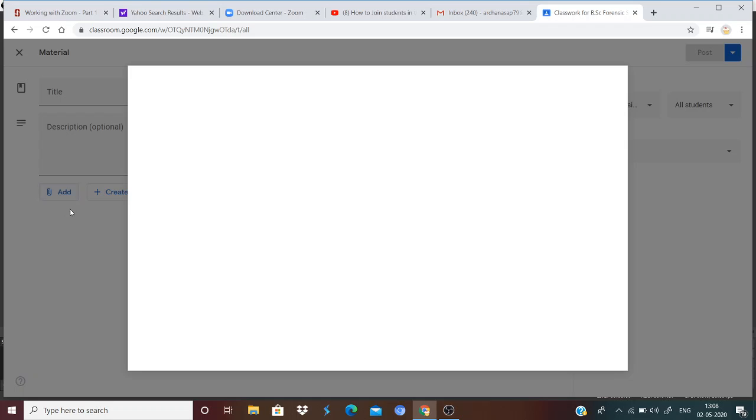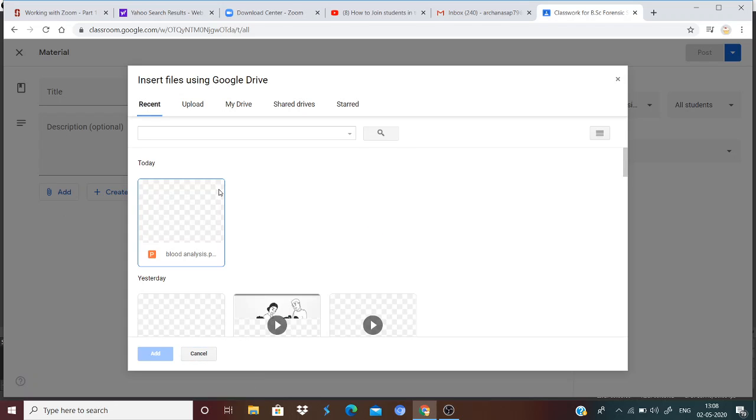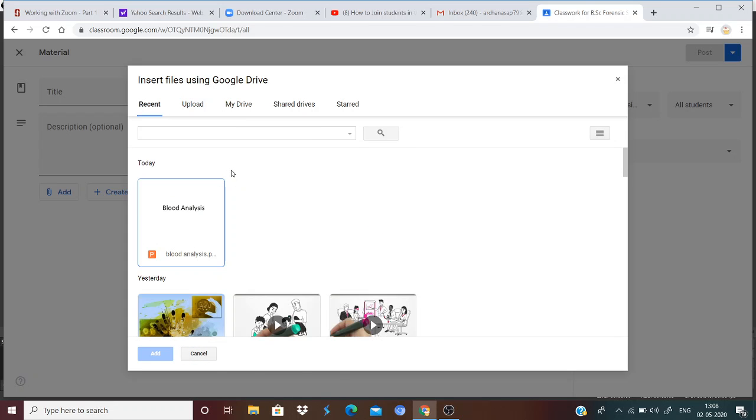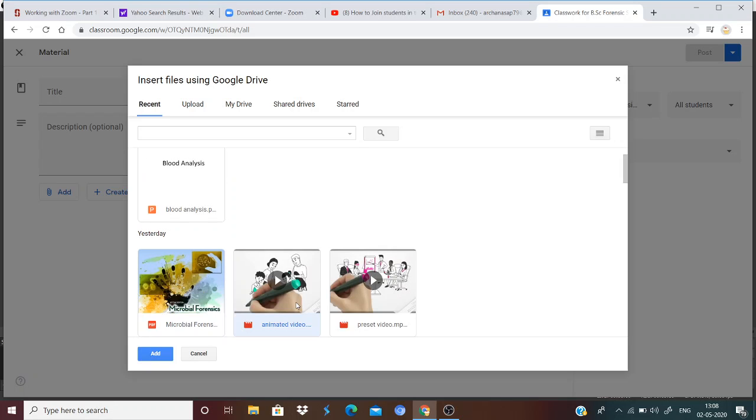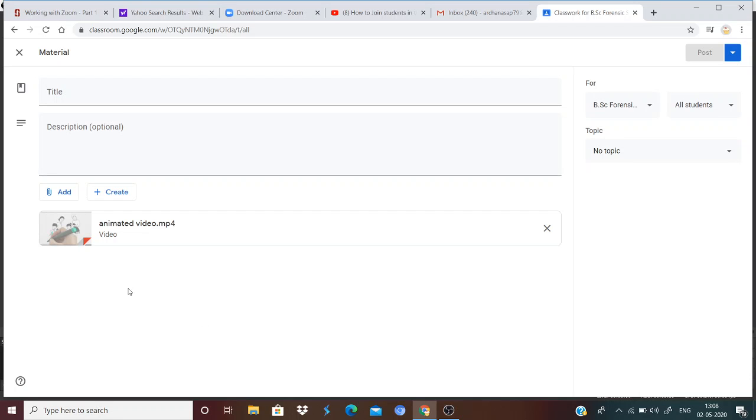you can also give them material from your Google Drive. So automatically it gets opened. I want to upload this video or want to give this video, so you have to add that. Okay, video on COVID-19. Okay, any description that you want to give or not, that is optional. And then